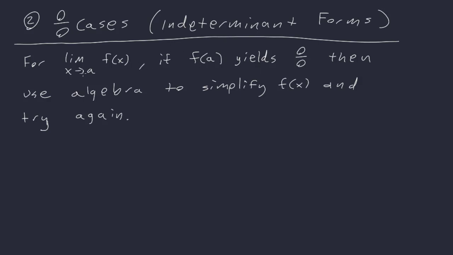So for these indeterminate forms, for the limit as x goes to a of f of x, if f of a yields 0 over 0, then use algebra to simplify f of x and try again. So if we get a 0 over 0 spitting out, we're going to want to use some sort of algebra to simplify. Well, what sort of algebra? The most common techniques are things like factoring and cancelling, conjugating, and